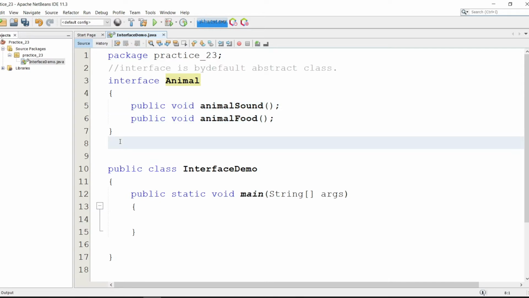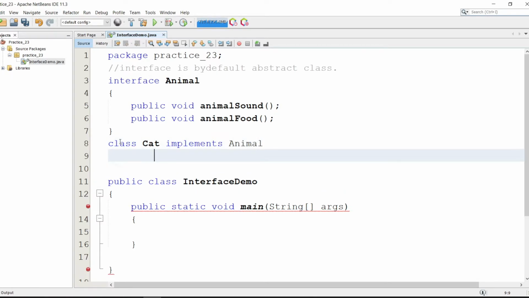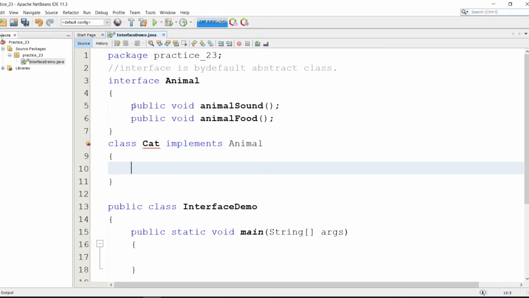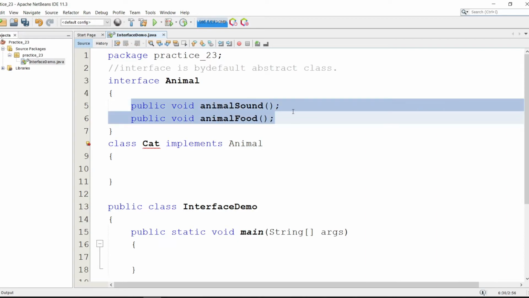In order to implement these methods, let's create one class, let's say Cat. In the concept of inheritance we use the keyword extends, but with an interface, in order to inherit the properties of the parent, we use the keyword implements, here implements Animal. Now we have to override all of the methods that are defined in the interface.